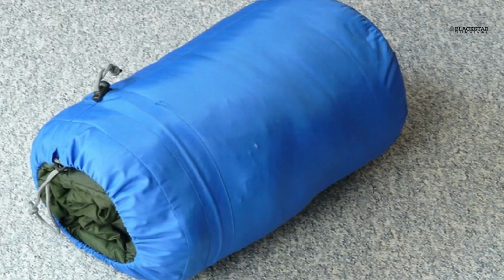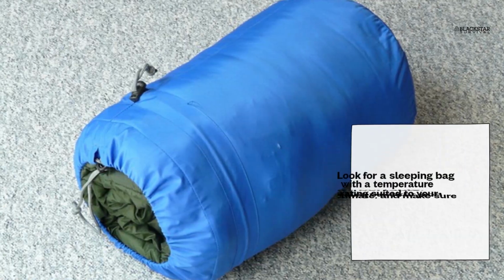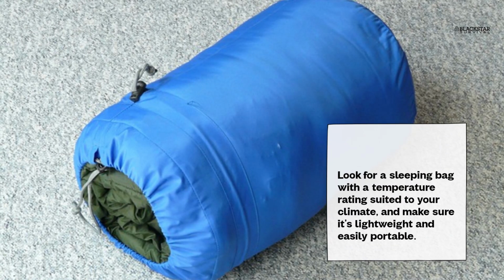Next, we have the sleeping bag. A high-quality sleeping bag is vital for maintaining body heat during cold nights, especially if you need to evacuate your home. Look for a sleeping bag with a temperature rating suited to your climate, and make sure it's lightweight and